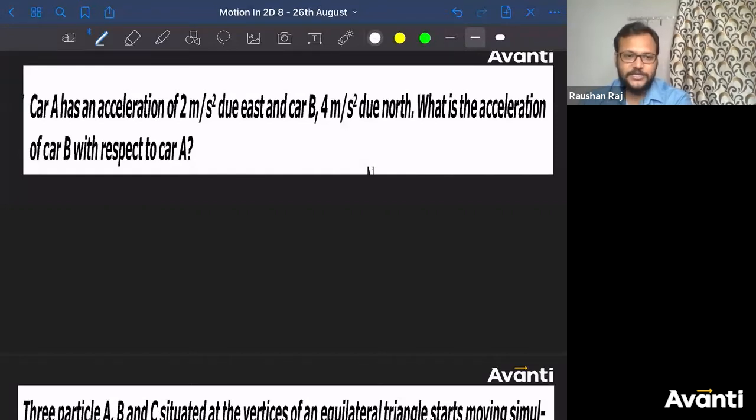You are giving the answer in terms of minus 2 i cap plus 4 j cap, and you are saying the angle made by this vector with the positive x-axis is 45 degrees. Are you insane or what? How is that possible? The coefficients of I cap and J cap have to be the same so that the angle will be 45. Do you have the same coefficients of I cap and J cap? Think about it. This is very, very important.